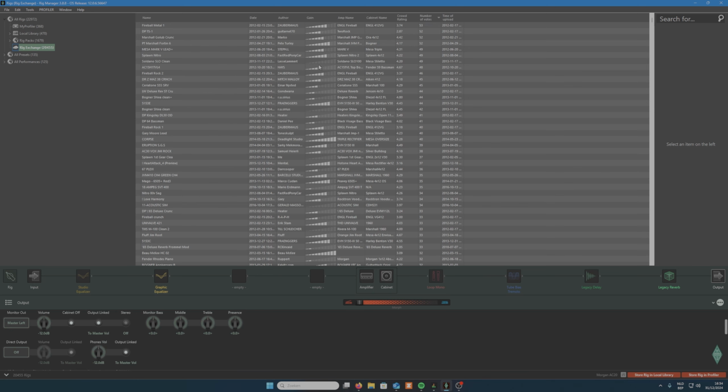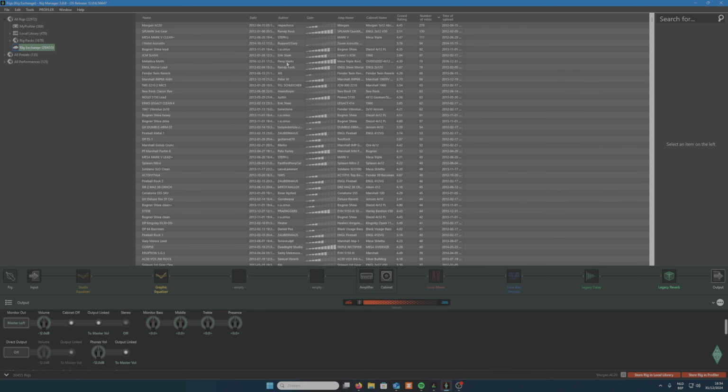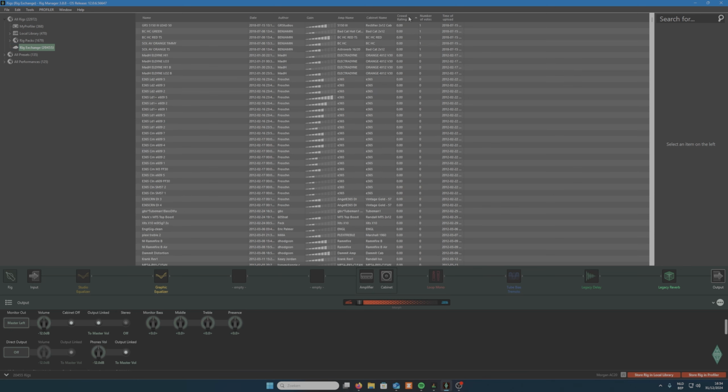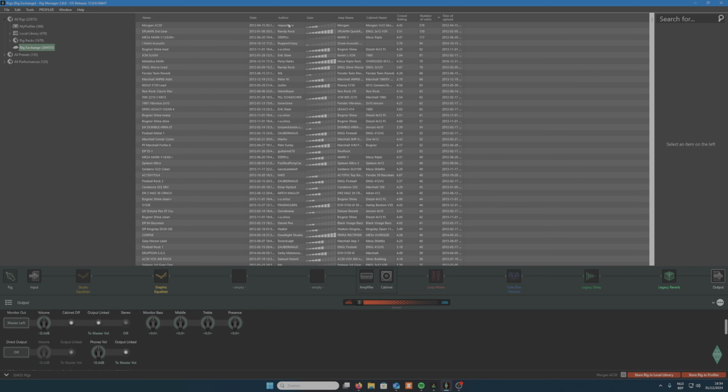Here we have another library of all free profiles created by the community. One tip, if you're on the lookout for profiles, is to order them by crowd rating and number of votes. So here at the top, we can see the Morgan AC120 profile, which is probably a highly recommended profile to test out. In order to load a profile from the Rig Exchange, just double-click it